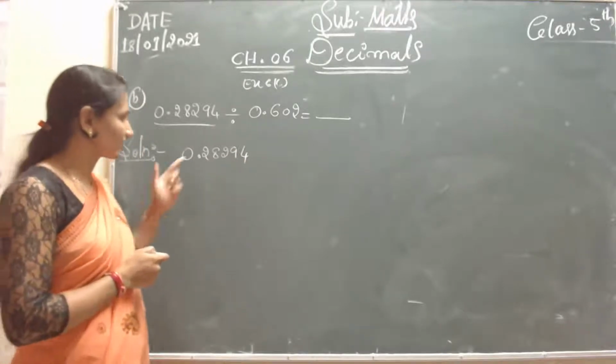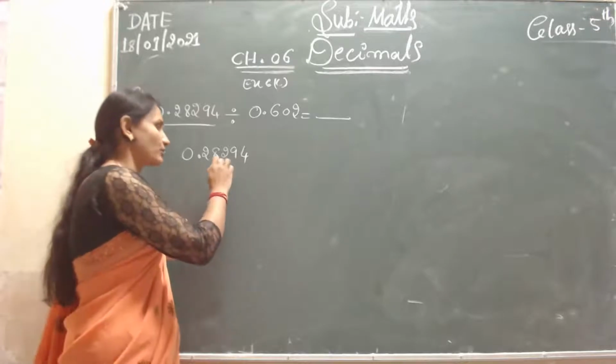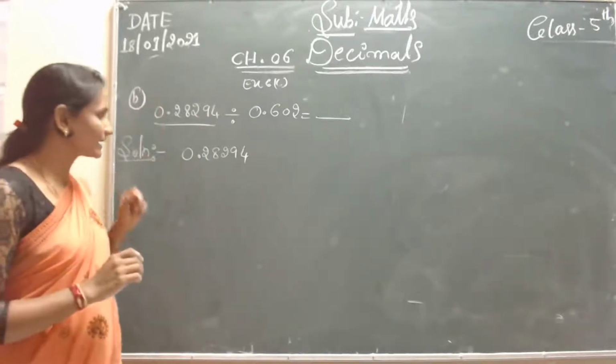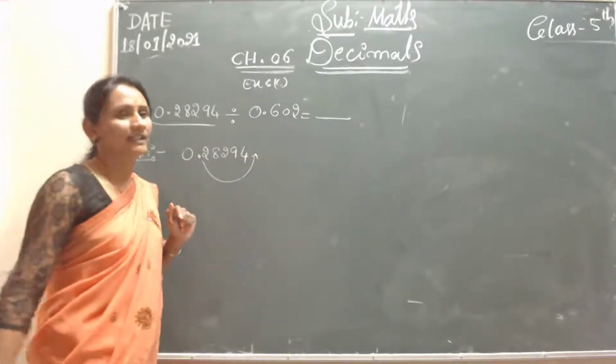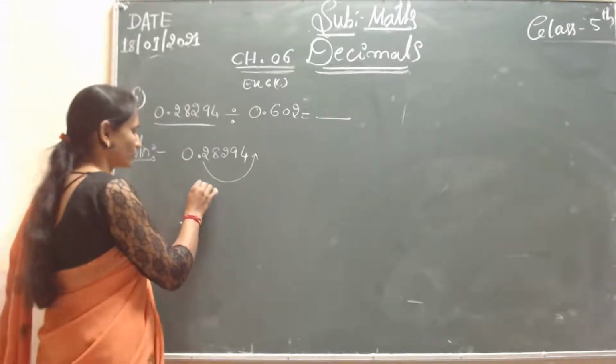Children, you have to observe this question. How many numbers are there after the decimal point? That is 1, 2, 3, 4, 5. Yes, that is 5 numbers. Afterwards, you will write your point. So you have to shift it to the left side. Shifting to the left side means you have to write